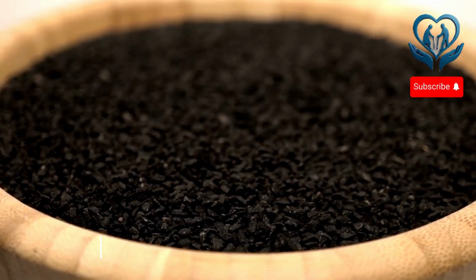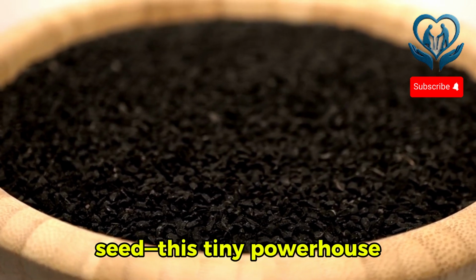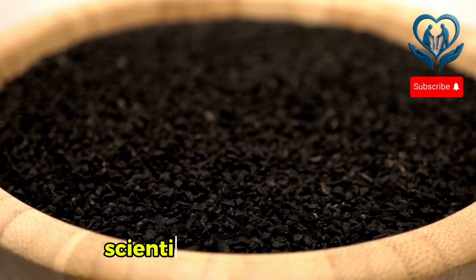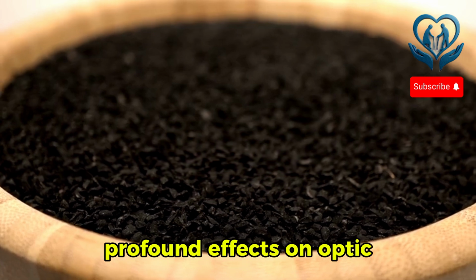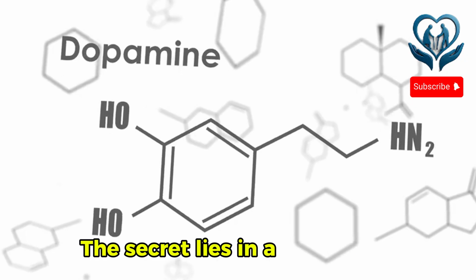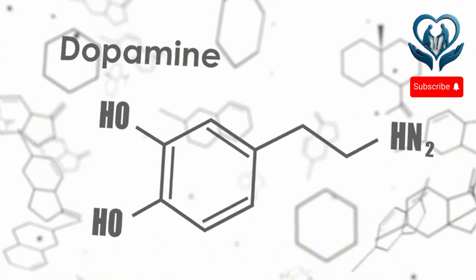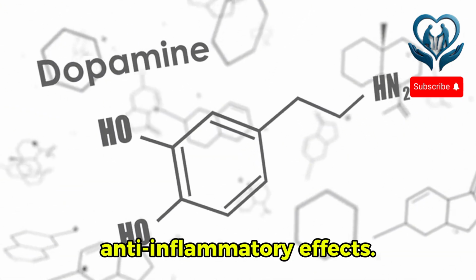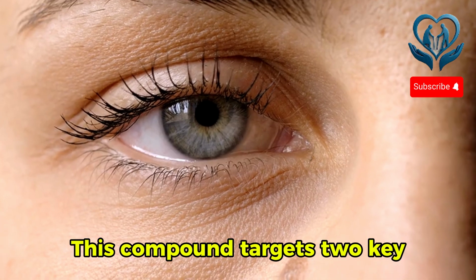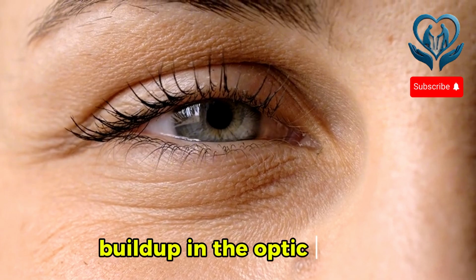Black seed, known by many names: Nigella seeds, black cumin, or simply black seed. This tiny powerhouse has recently gained scientific attention for its profound effects on optic nerve health, inflammation, and intraocular pressure. The secret lies in a compound called thymoquinone, a naturally occurring chemical with potent antioxidant and anti-inflammatory effects. This compound targets 2 key areas of eye aging: oxidative stress in the retina and pressure buildup in the optic